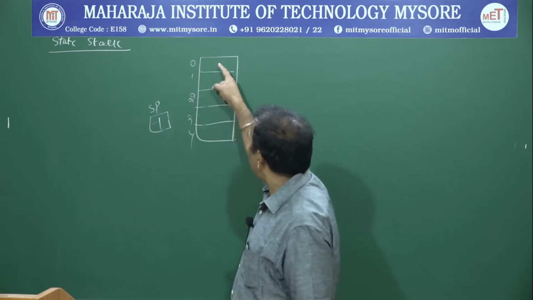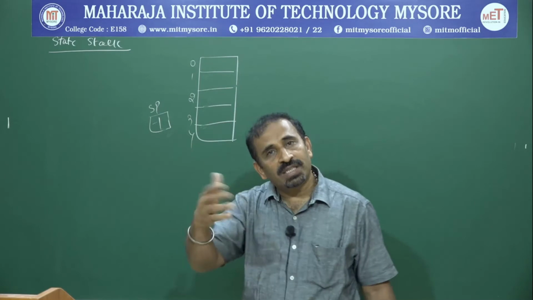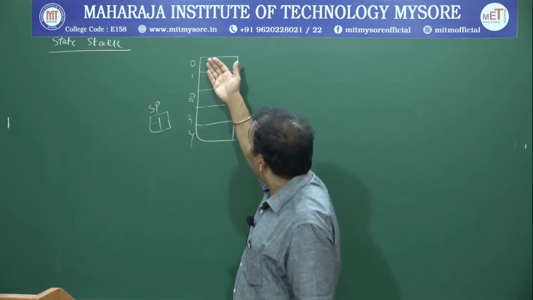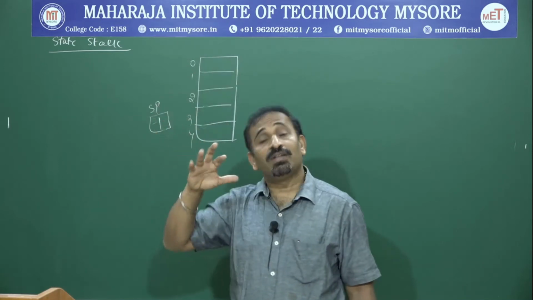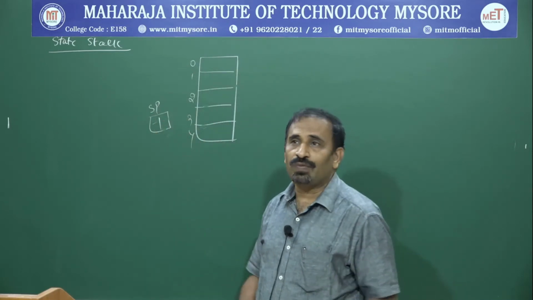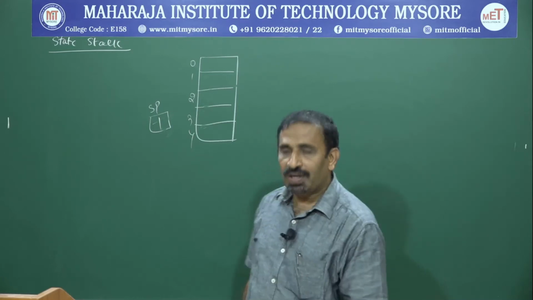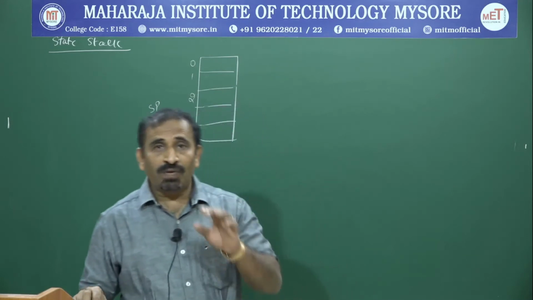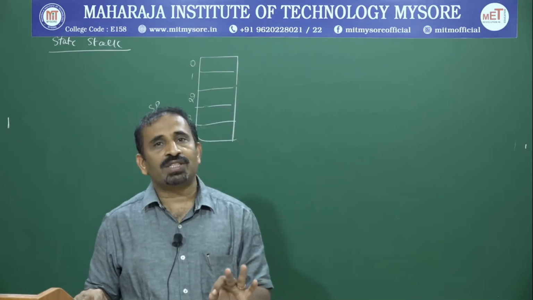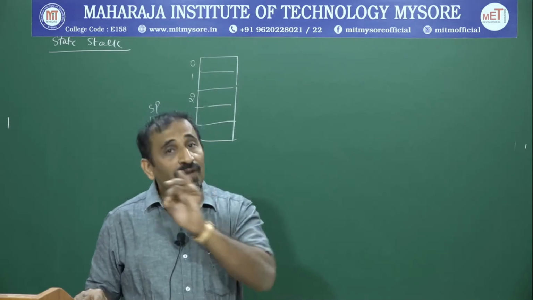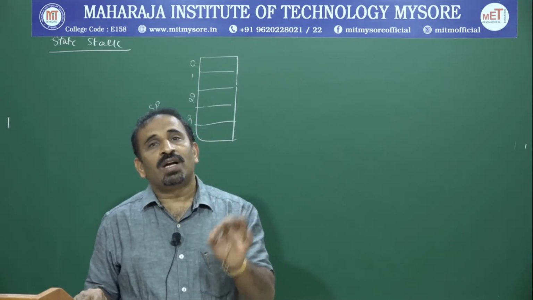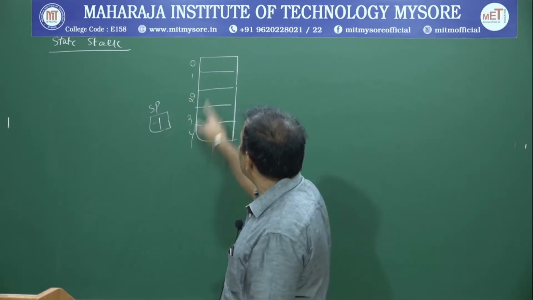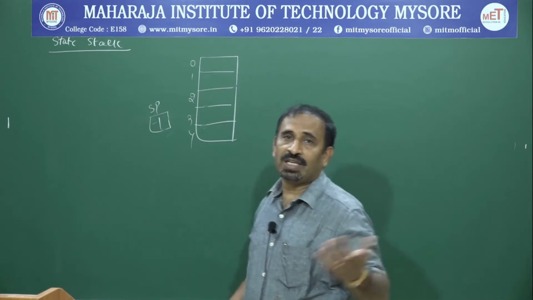Say for example, right now after filling up all the 5 elements, you cannot insert any more elements. So therefore, it is called overflow. Whenever you are trying to delete an element when no elements are there, this is called underflow. Therefore, from now onwards, whenever you write programs for whatever kind of data structure, you have to look for overflow and underflow. Whenever you are doing insertion, look for overflow. Whenever you are doing deletion, always associate it with underflow. Overflow, in this case, means if 5 elements are inserted, you cannot insert any more elements.